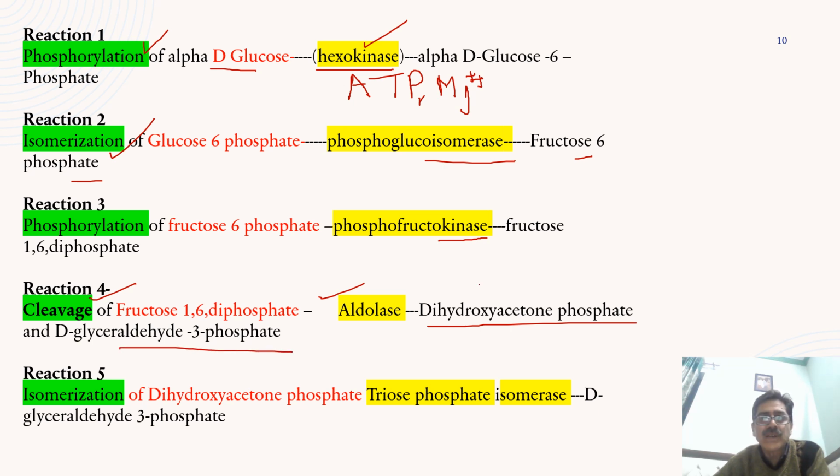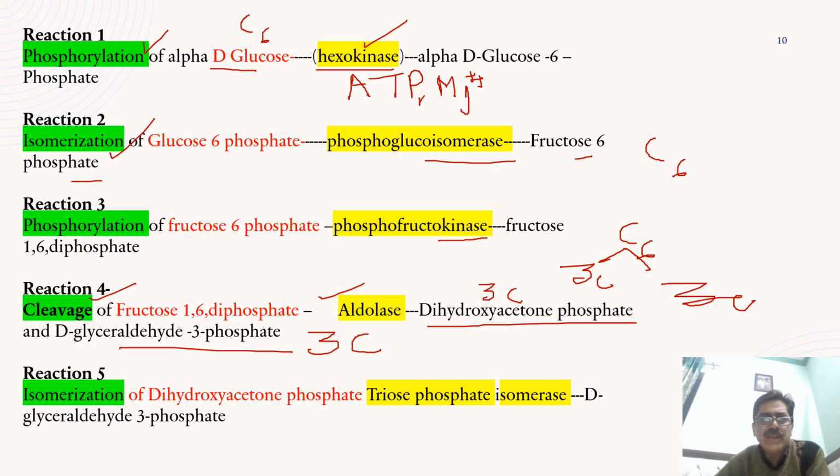This is the 3 carbon compound here, and another one, glyceraldehyde 3-phosphate. This is also a 3 carbon compound. Now you can understand, we started with glucose, it was a 6 carbon compound. We got fructose 6 phosphate, again a C6 compound. Then we got fructose 1,6 diphosphate, again a C6 compound. Now this 6 carbon compound was broken into 3 carbon compounds, that is dihydroxyacetone phosphate and D-glyceraldehyde 3-phosphate,